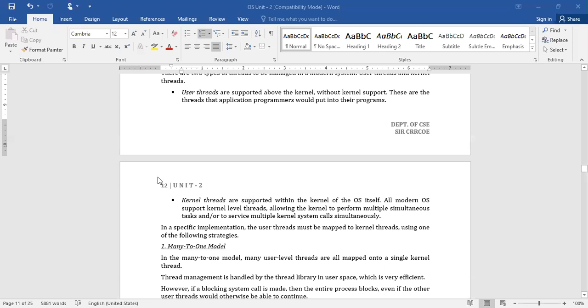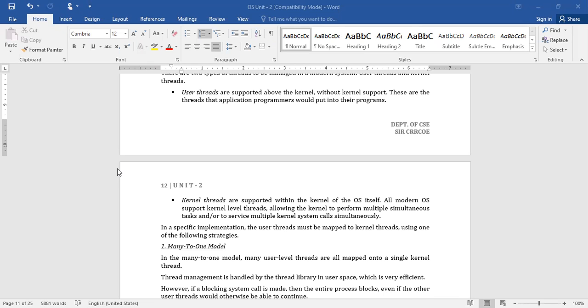So here we have two different types of threads, user threads and kernel threads. Sometimes user threads may want to get the services of kernel threads also. If a thread is able to execute on its own, then fine. But other than that, they need to be mapped to the kernel threads.